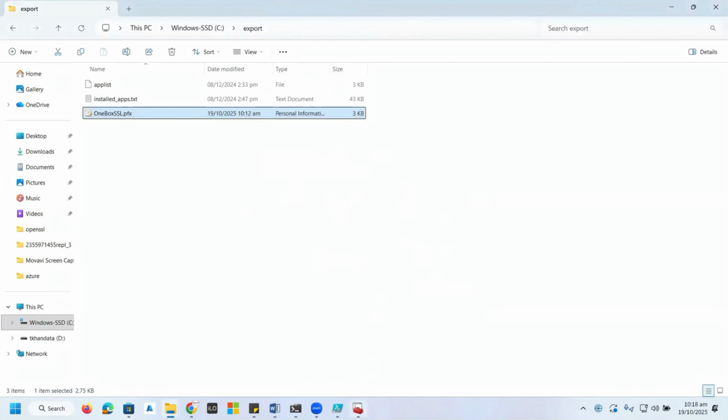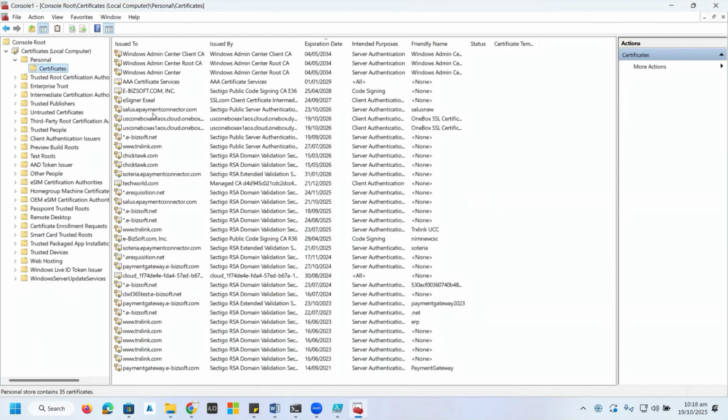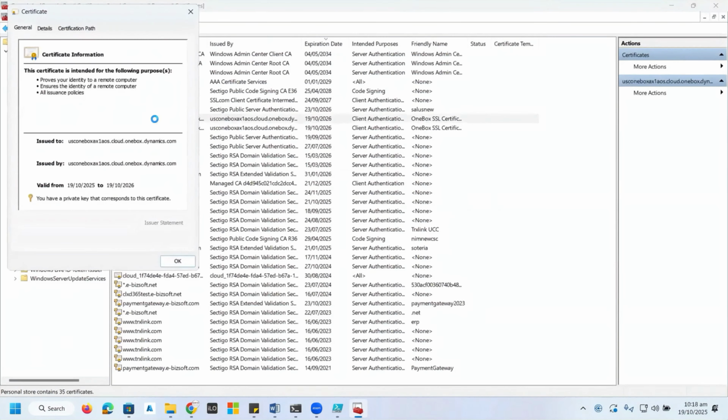So now we need to verify it again, because now this certificate is placed in three major areas. Now here we go with this certificate, and here you go. Because it was a self-signed certificate, we need to place this certificate under intermediate, under root, and enterprise as well. So it will resolve the issue.